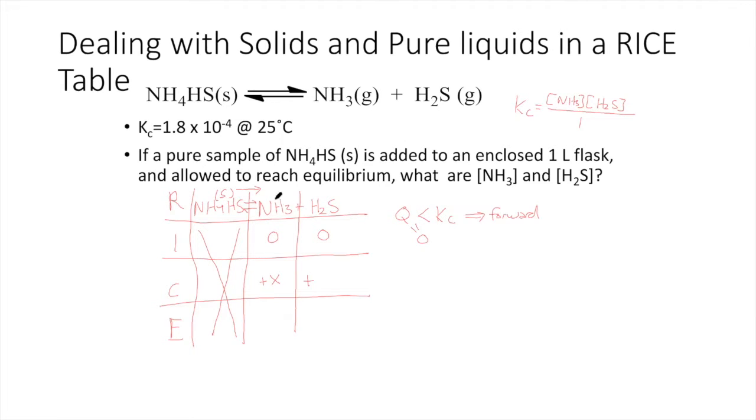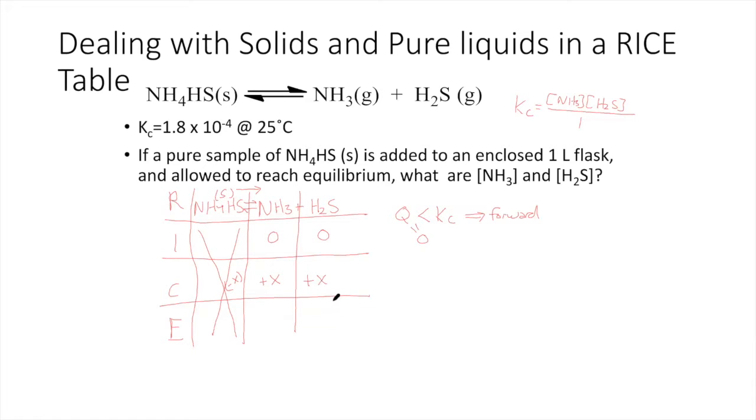And if I generate X amount of ammonia, I also generate X amount of H2S, so that's also an X. But you have to account for where that came from. Well, it came from the solid ammonium hydrogen sulfide. So we're going to call that a minus X, but I'm going to put it in parentheses because I'm never going to use that in a calculation. Again, it's just for bookkeeping purposes so that I can keep track of where things are coming from and what